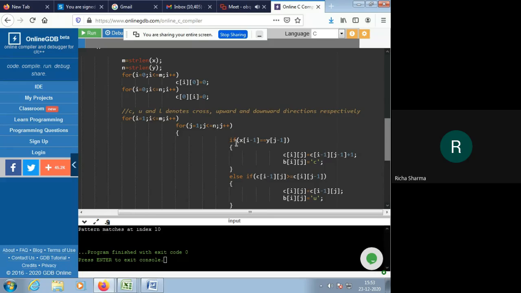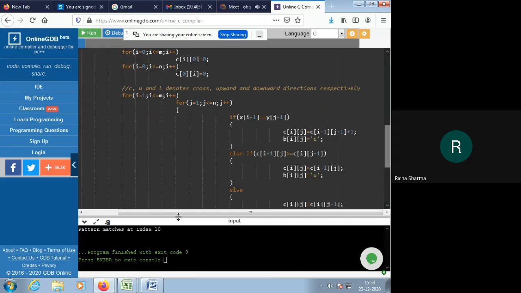And in this for loop, we are applying an if condition and comparing both the strings here. If x of I minus 1 equals y of j minus 1, that is, if the characters of both the strings match with each other, then what we have to do is update the entry c of ij with c of I minus 1, j minus 1 plus 1.